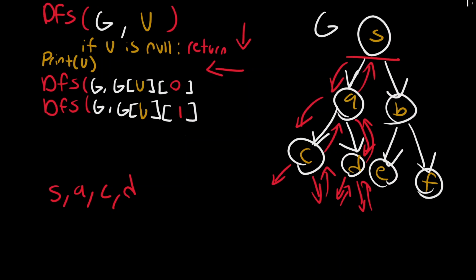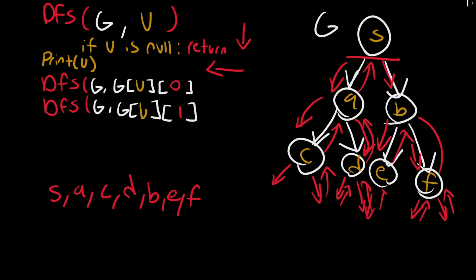Now, see if you can pause the video to see if you can guess what's going to happen next. Okay, so now we're going to go down to B, before we traverse, print B, go to E, before we traverse, it's E, and then go back, you see the pattern, we're going to traverse back up, and then F before we traverse again, and then that will be the traversal. We're going to go left, right, right, and come back all the way up, return, return, return all the way back up. This is called pre-order